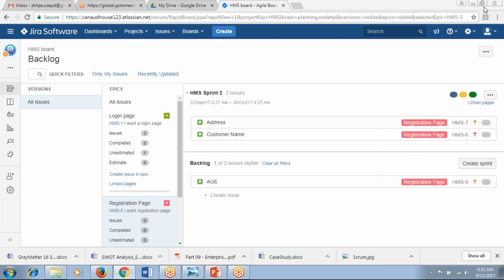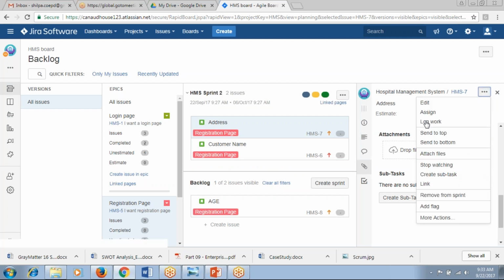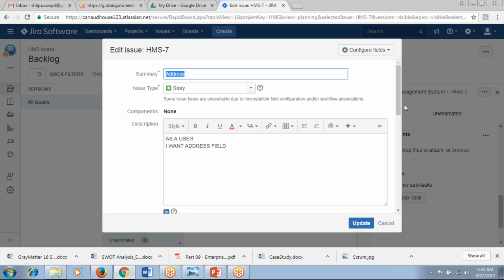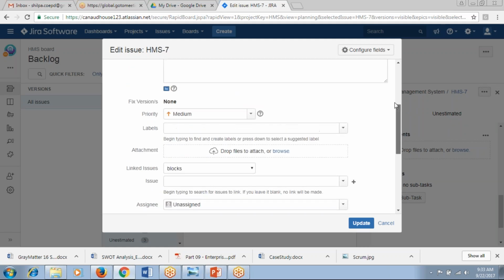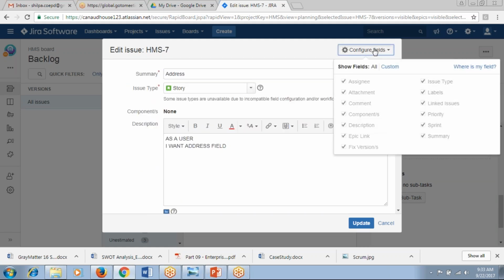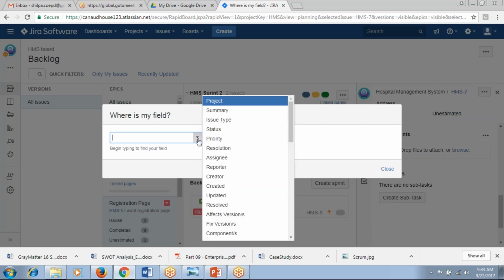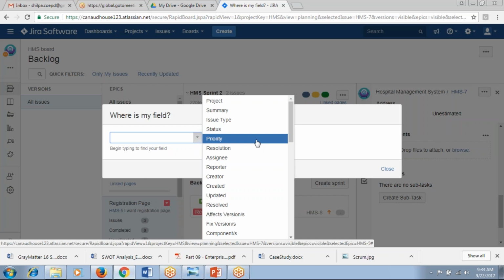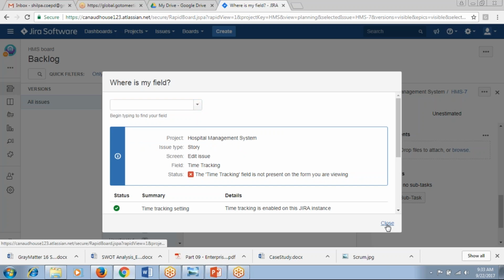Generally, what happens is there are a few fields which are not there. If you click on this edit option, you can see a few fields are not there. The story points, you have to add story points that are not there, which you can add with the help of configuration field. Whatever fields you want to add, you can add priority, Moscow technique, or assigning, or if story points or time tracking is not there, you can edit there and close. Then you have to go to